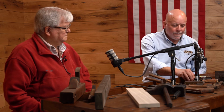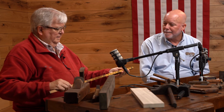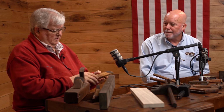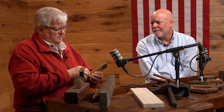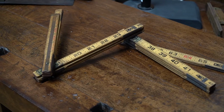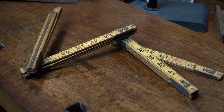Yes. So at some point, we graduated to something like that. And this is also a carpenter's handy rule, and you've got to be careful the way you operate this. I was telling Steve earlier that the first time I saw one of these, I didn't realize how you opened it, so I pulled it this way, and my dad's cabinet maker was rather upset with me when it came apart. But anyway,